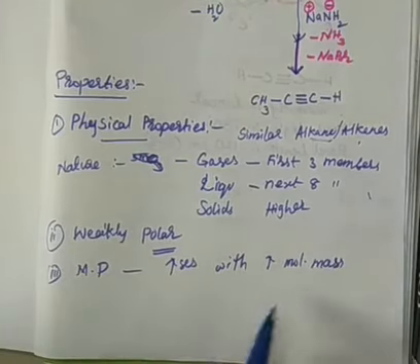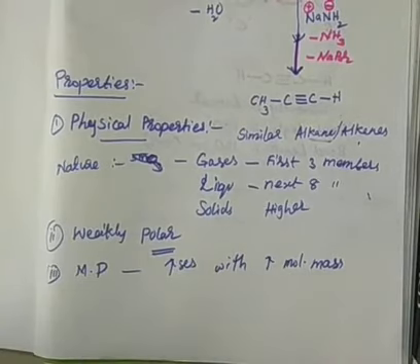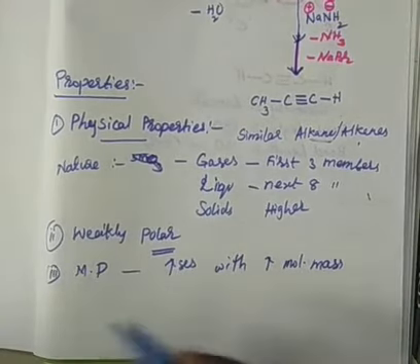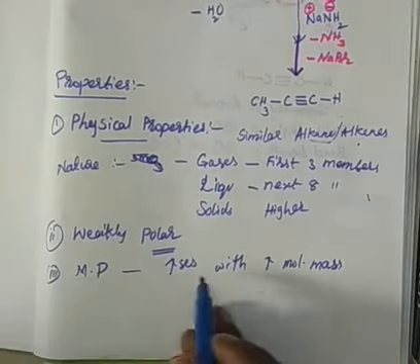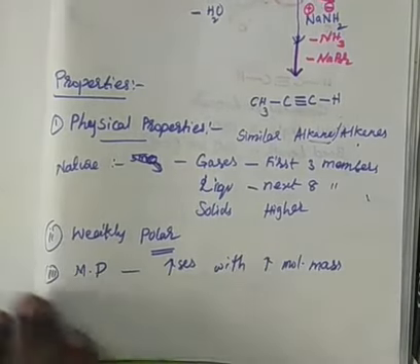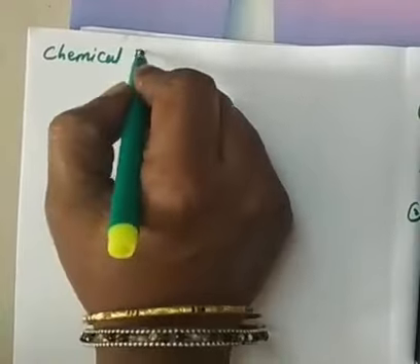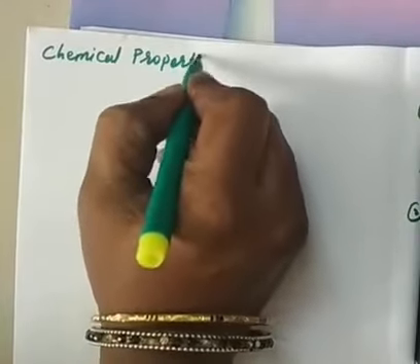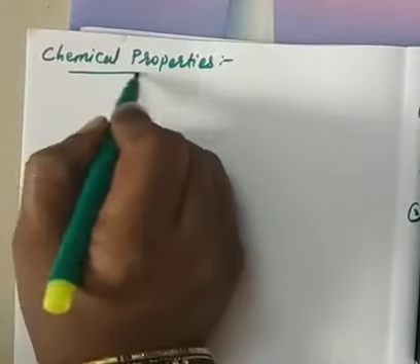Correct, no? The larger the mass, the more difficult it is to move, because melting means it has to melt, right? So more mass, higher the melting point, right? That's it. These are the physical properties. Then coming to the chemical properties. What are chemical properties? Properties in which a substance changes its chemical composition are called chemical properties, right?